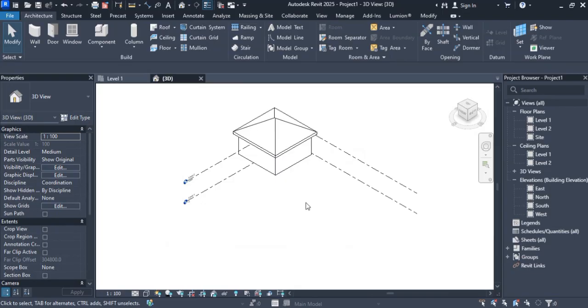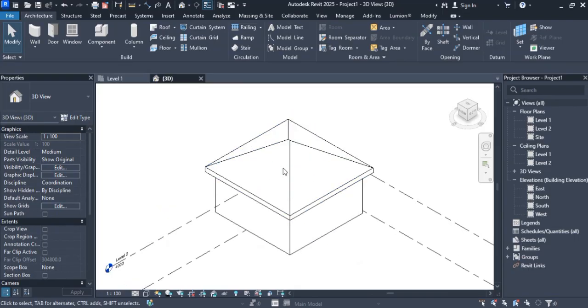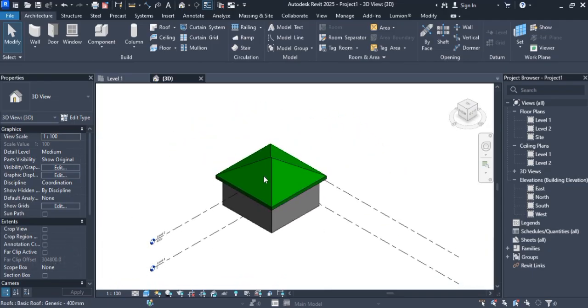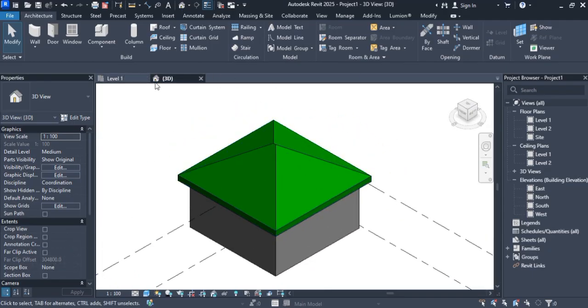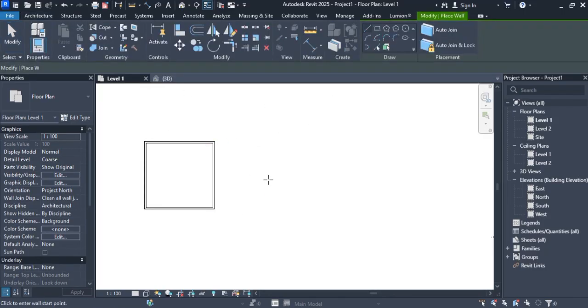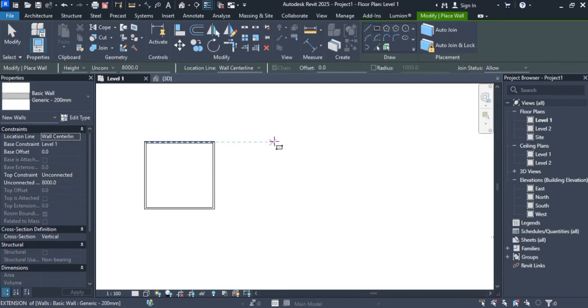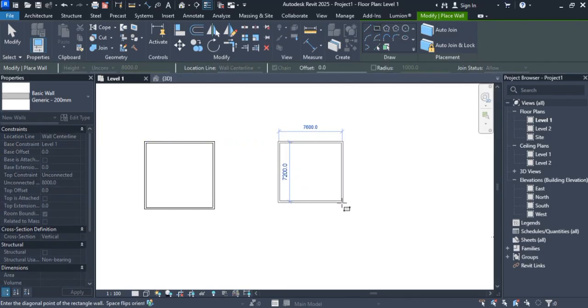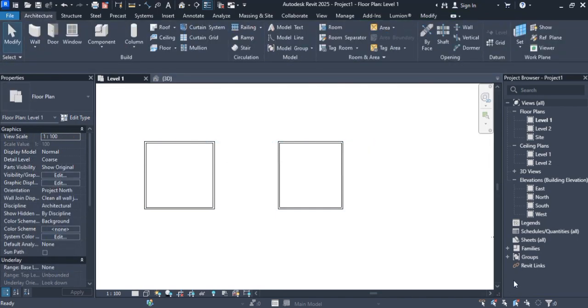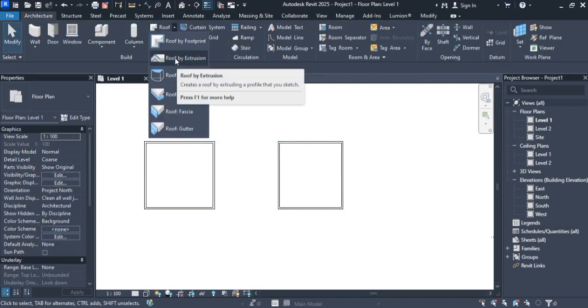If I go to my 3D, you can see the roof. Can turn on shaded, so you appreciate it more. So this is the roof we just created, the hip roof we just created. So let's go to level 1 again, and then we'll create another type of roof. So let's just go with a box too. Want to finish this. So we're going to be creating the roof that slopes to